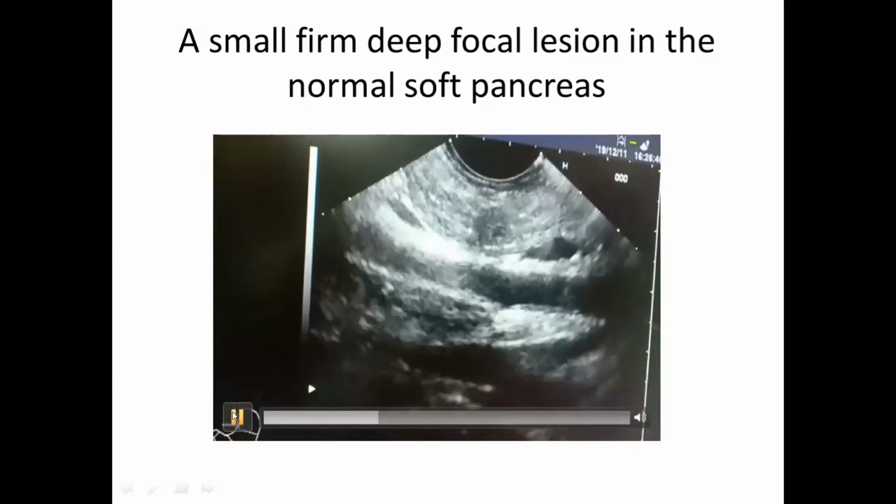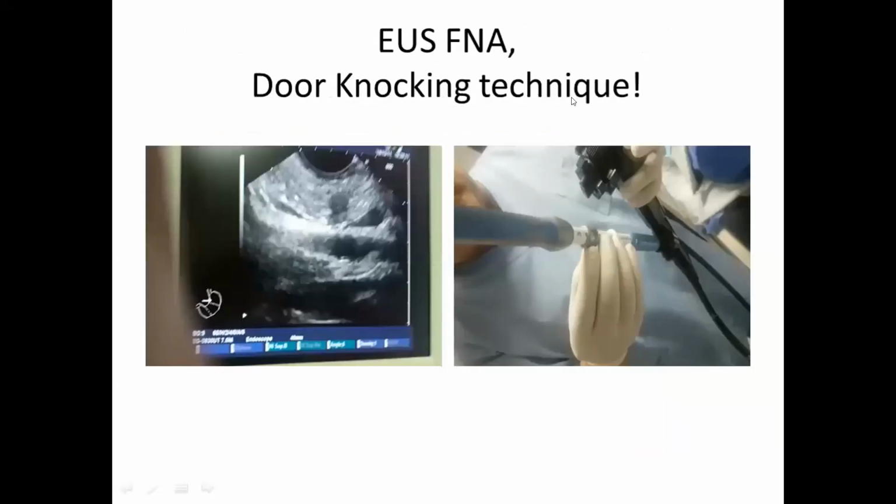What to do by then? We can do the very nice door knocking technique. What is a door knocking technique? The door knocking technique is that when you reach the upper aspect of the mass, then you can do shaking movement